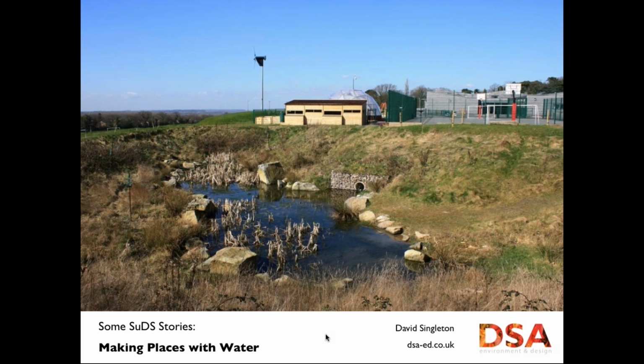We've got a question here. How can you encourage people to be prepared to allow this risk, especially if they're minded to fence an attenuation area and not have to worry? So we're going back to when you were talking about, you know,